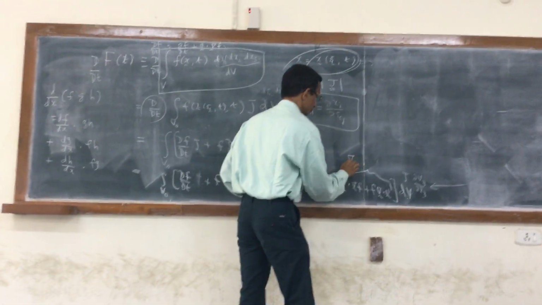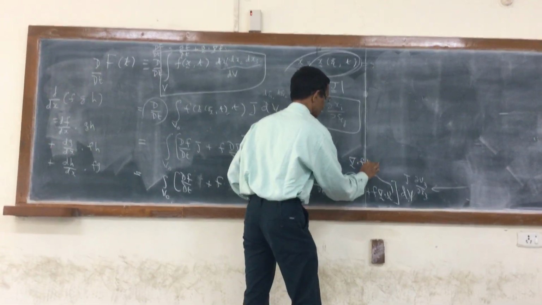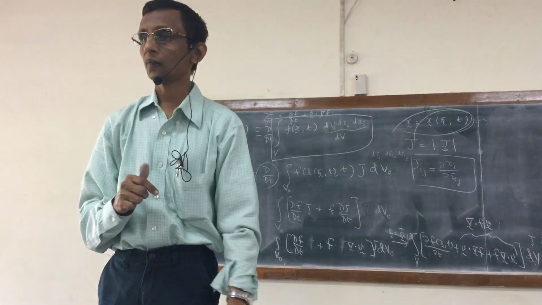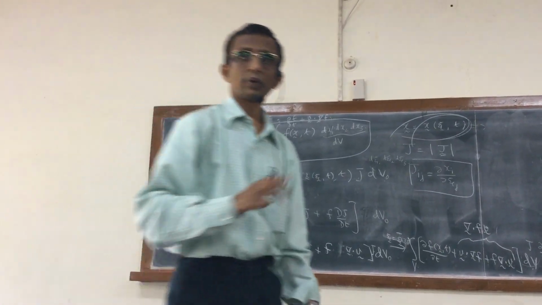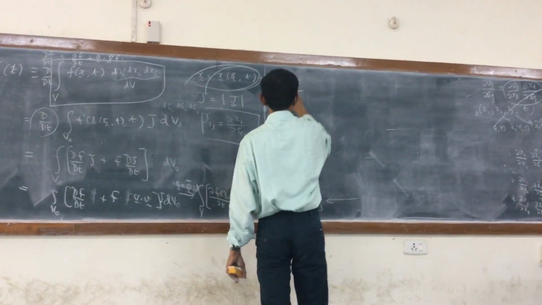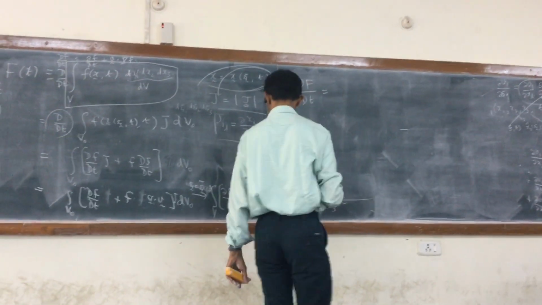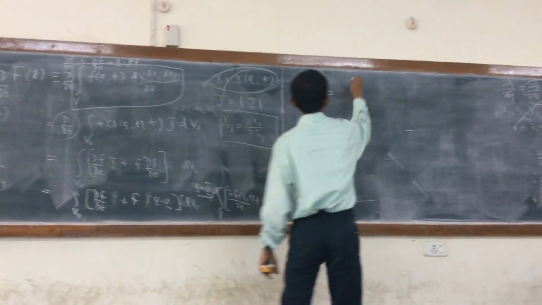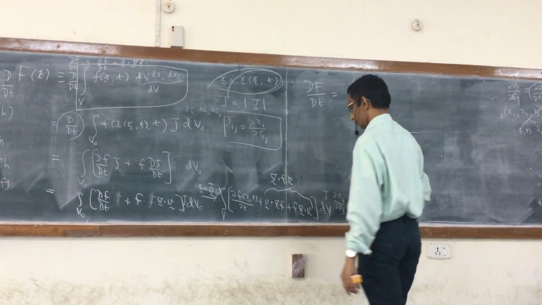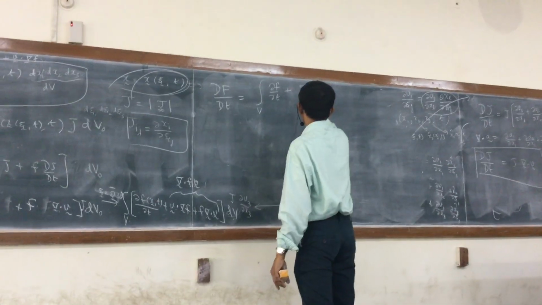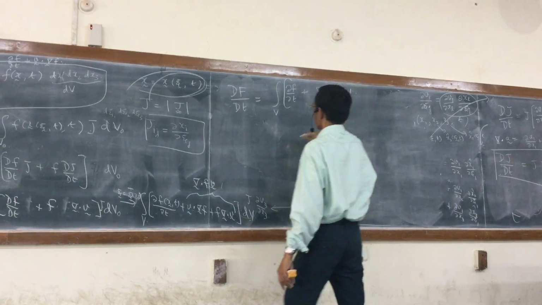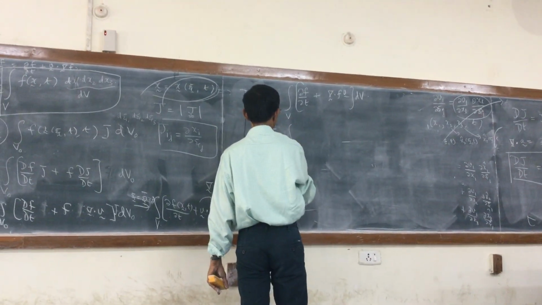It can be shown that this can be written as the divergence of f times v. Very easy to prove. We'll prove that later. What we have now is this important final formula, which can be written as df by dt plus, so I can further write this as integral v